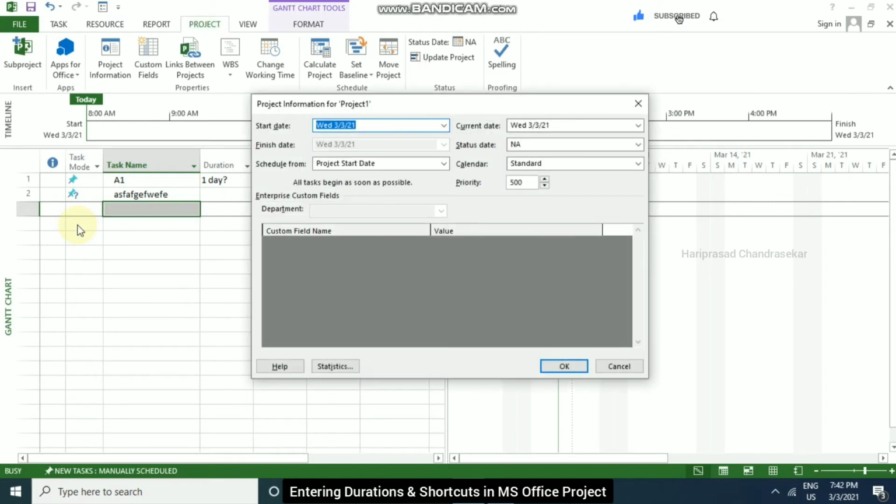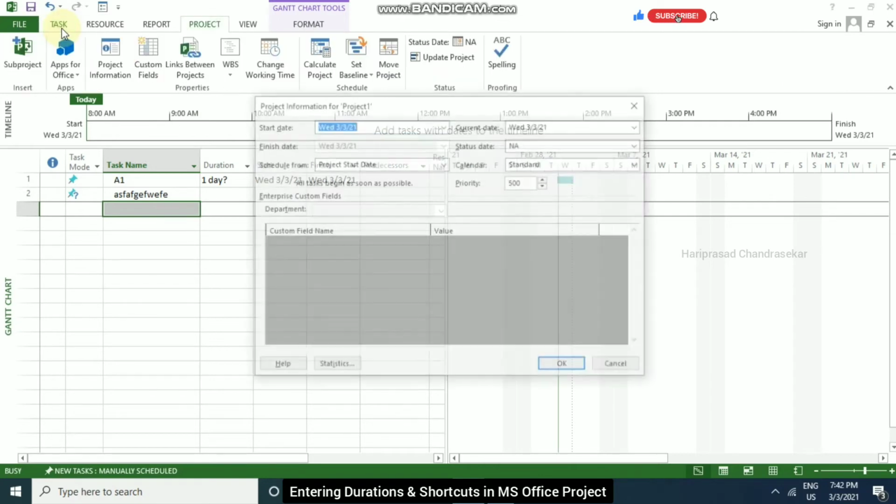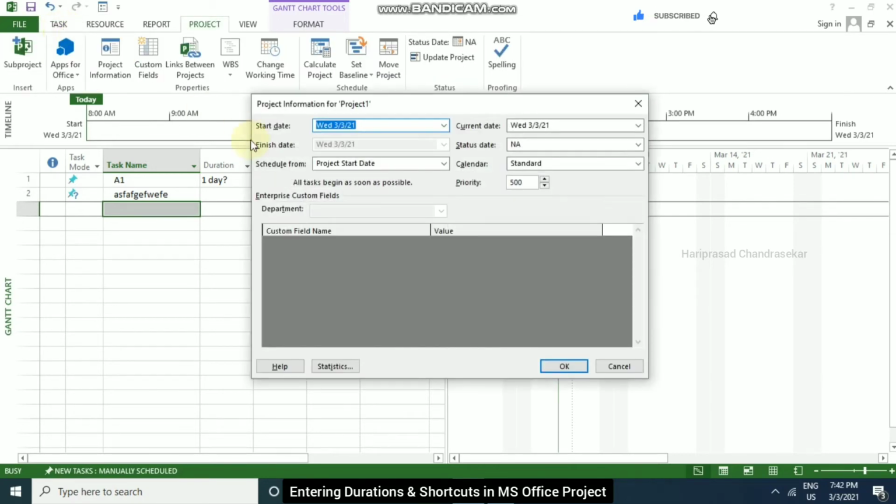So it will open. So this is the shortcut for project information: Alt, then R, then I.